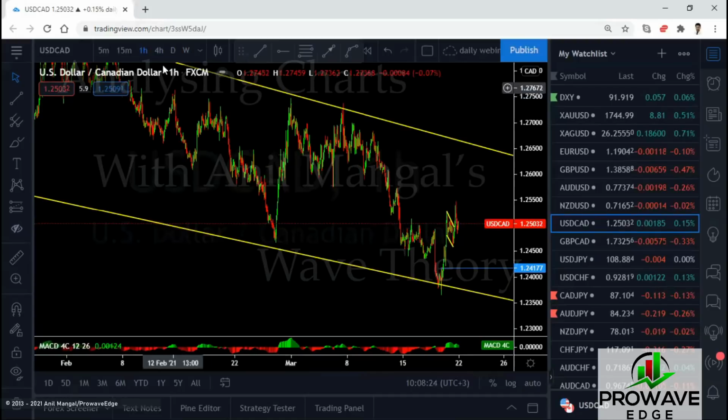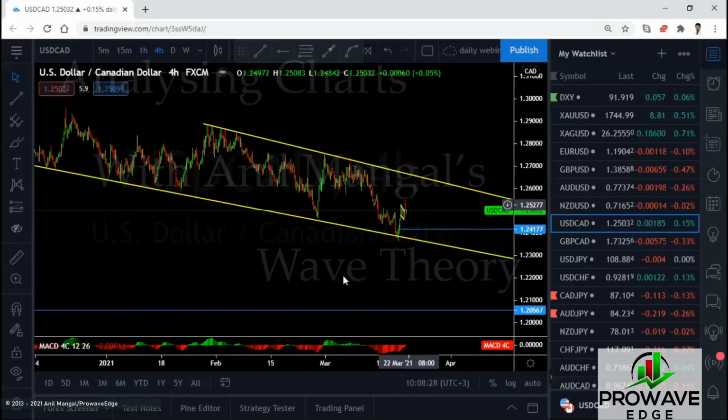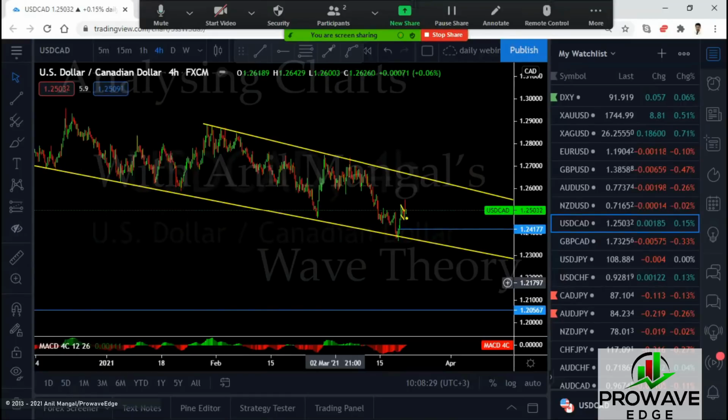I think they're coming back to the top here. When I start to get worried about this, I might look for another entry again once this makes a bigger correction. I think this might make a little bigger correction here and then go to the top there. This is where I'll watch it. See these sharp moves? See this bigger correction here? We might get one of that here and then upside. What I'm looking for is when it gets to that top, what happens? Do we come back again to the low or do we take the breakout?